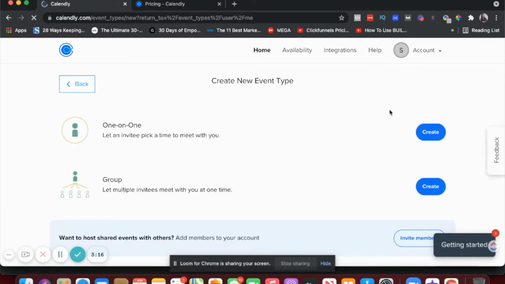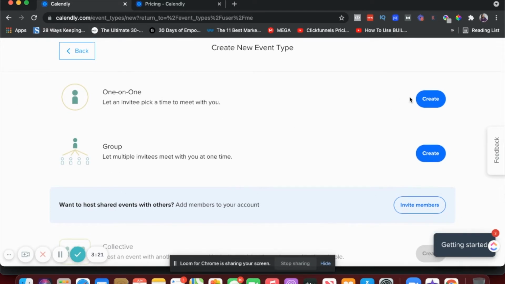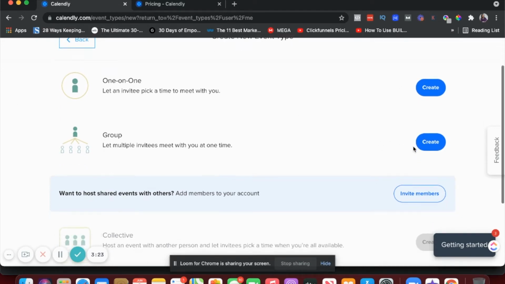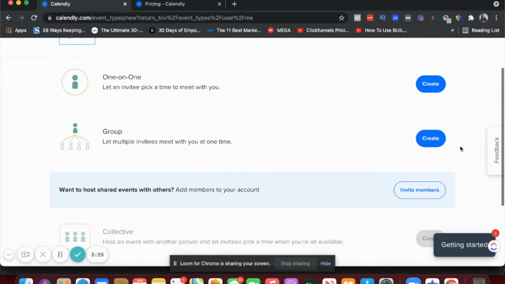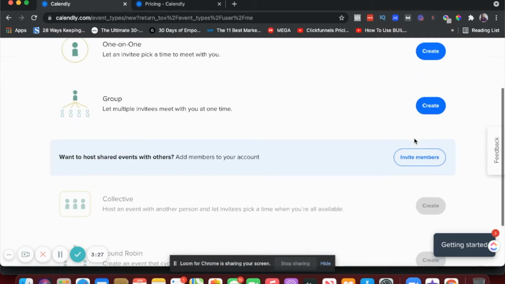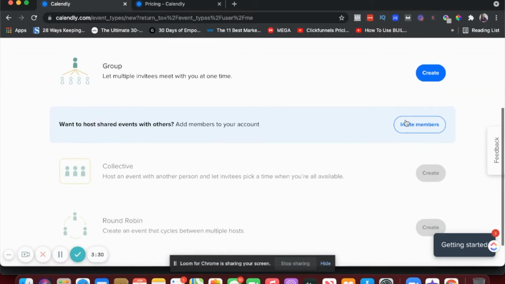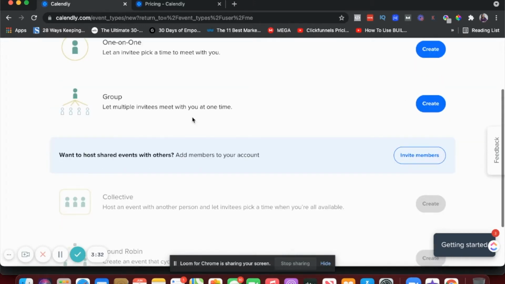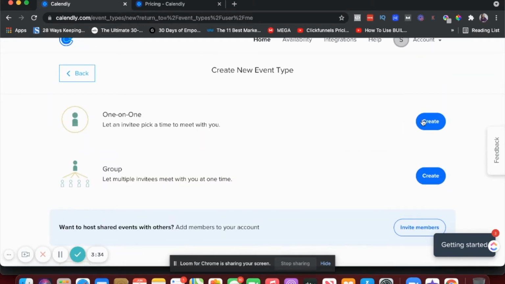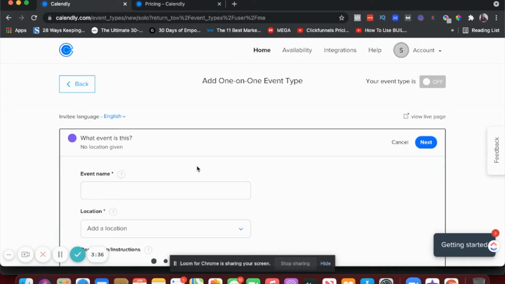So I just clicked on new event type, and this is a one-on-one. You can also create group events, but I think that's only limited to the pro plan, or it's not available on the free plan. So let's create one-on-one. This is generally what you would probably use Calendly for.